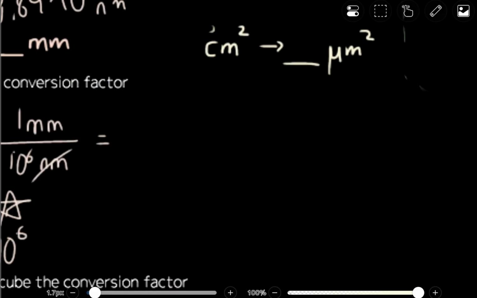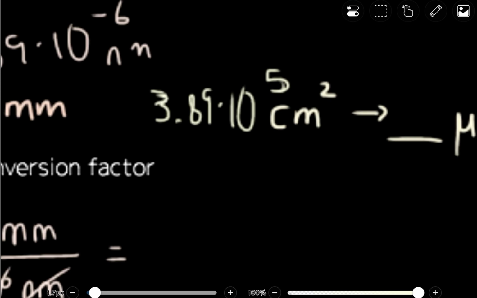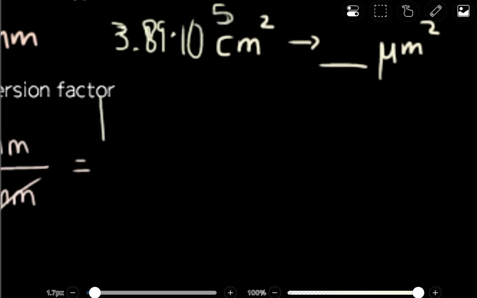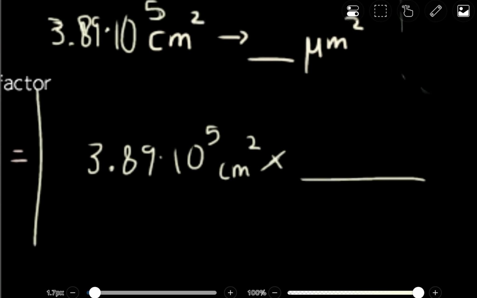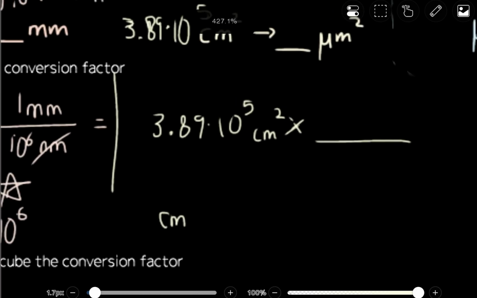All right, we're going to jump to our second problem, which is dealing with squares. The number that I'm going to give is 3.89 times 10 to the power of 5. All right, so as our first step, we are going to just write out the general problem, set the scene. It's always going to be what we have at hand times the conversion factor. Now, I like to write our conversion factor at the bottom so we don't